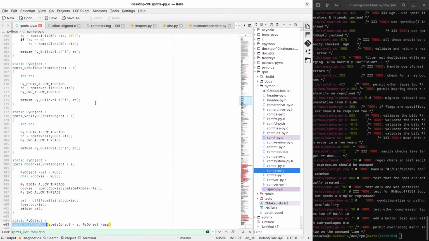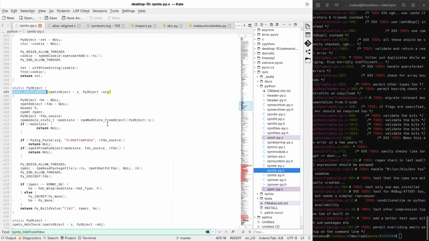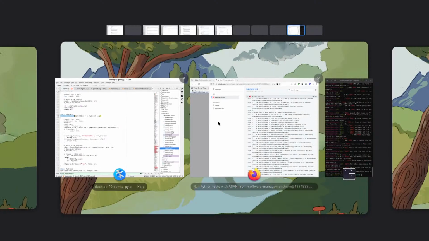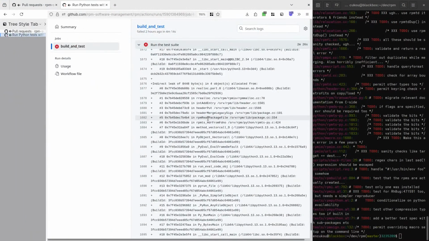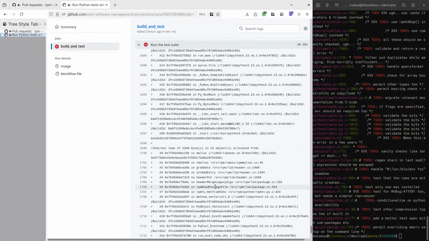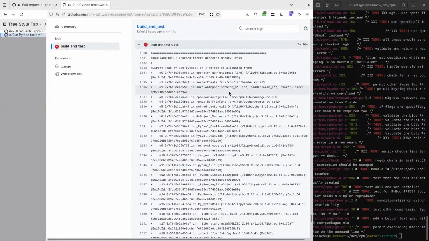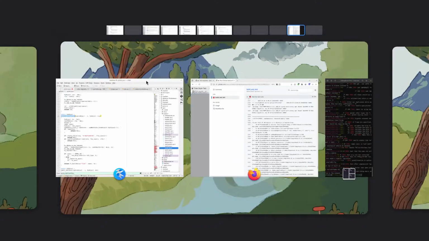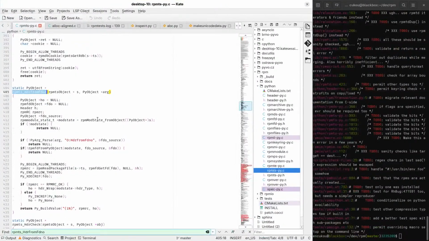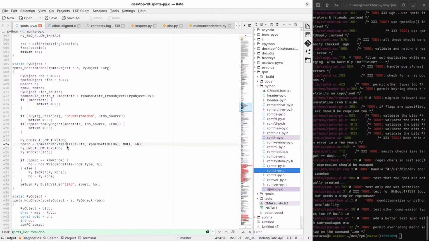Okay. So this we'll call rpmReadPackageFile, which calls into RPM, and that is never closed, released, whatever.